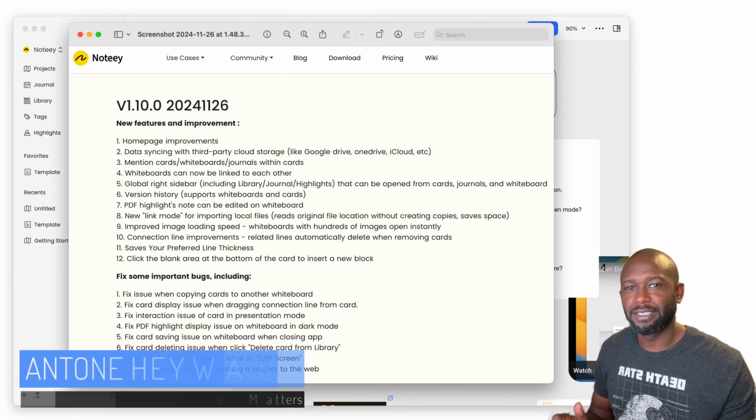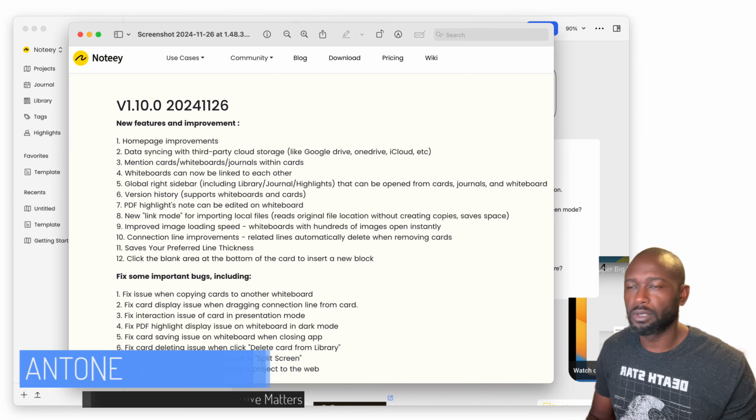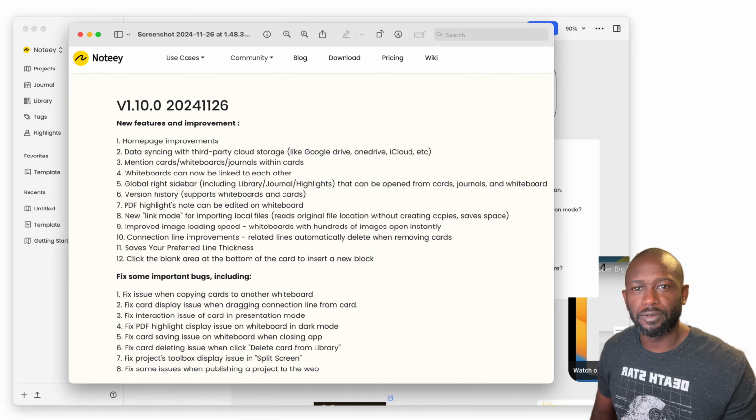Hello everyone, my name is Anton, and in this video I want to give a quick update on Noteey. This is a visual note-taking application that I've had my eye on for a little bit, and in total transparency